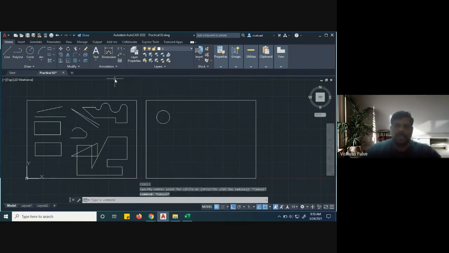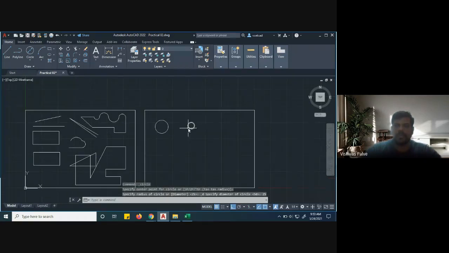Okay, then the next option is center diameter. From the shortcut, how will you get center diameter? You can click here, you will get this option. Click here, how much is the diameter? If I say the diameter is 25 millimeter, you will get this. So here the radius is 25 millimeter, this circle diameter is 25 millimeter. And from the shortcut, if I want to get that circle, it asks to specify the radius.